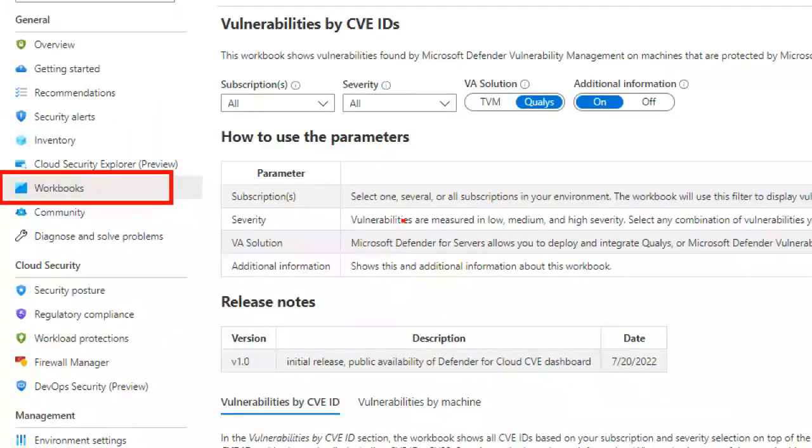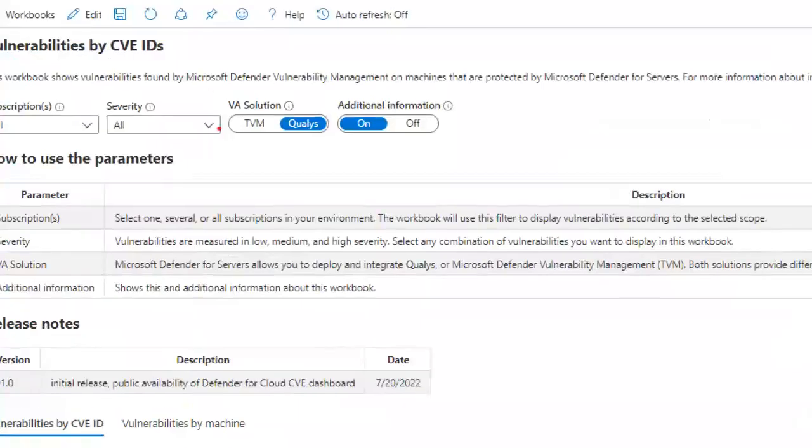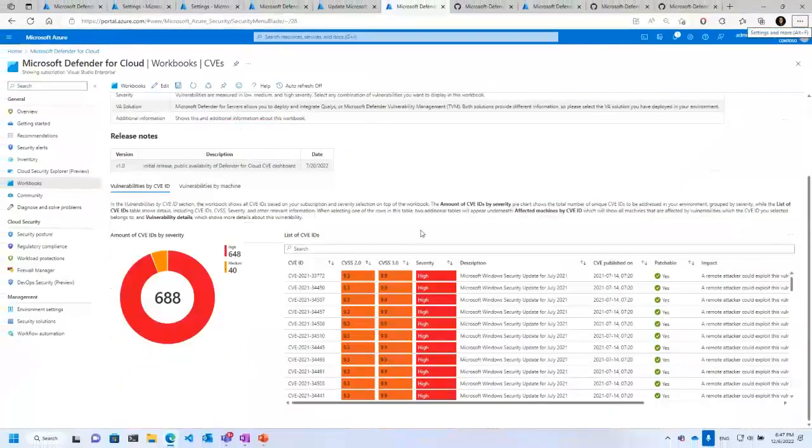And this is really great because this could also help you if you want to switch between solutions, if you have Qualys or TVM, it doesn't matter. And then you will have a single view of your effective CVEs by specific ID across your environment. If you want to consume more data, if you just click on a specific CVE item on the data